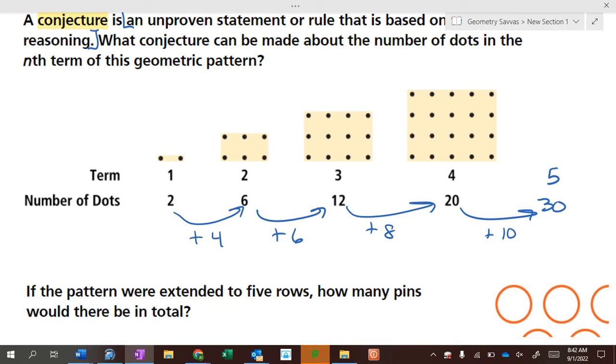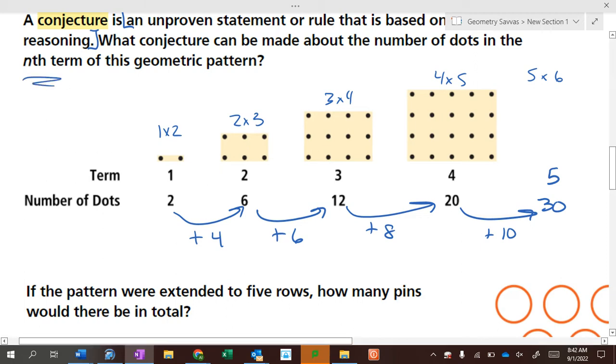Another way to do it is, this is 1 by 2 to give you 2. This is 2 by 3 to give you 6. This is 3 by 4 to give you 12. This is 4 by 5 to give you 20. This is 5 by 6 to give you 30. Okay? Now,